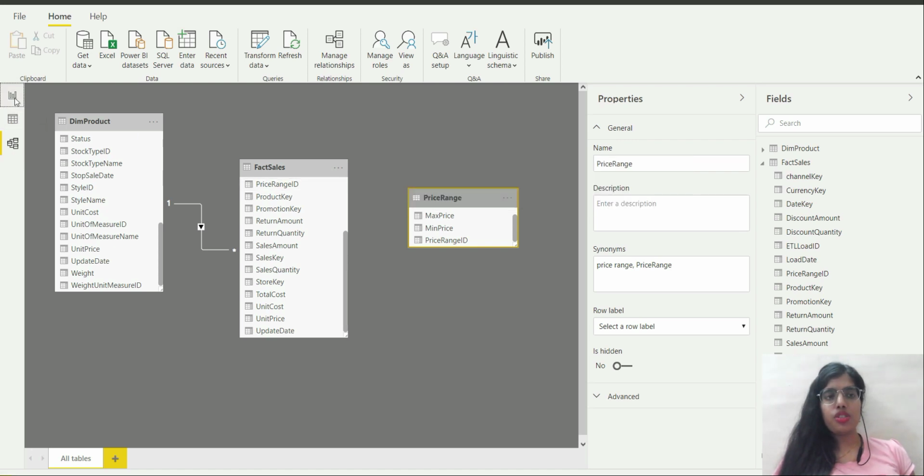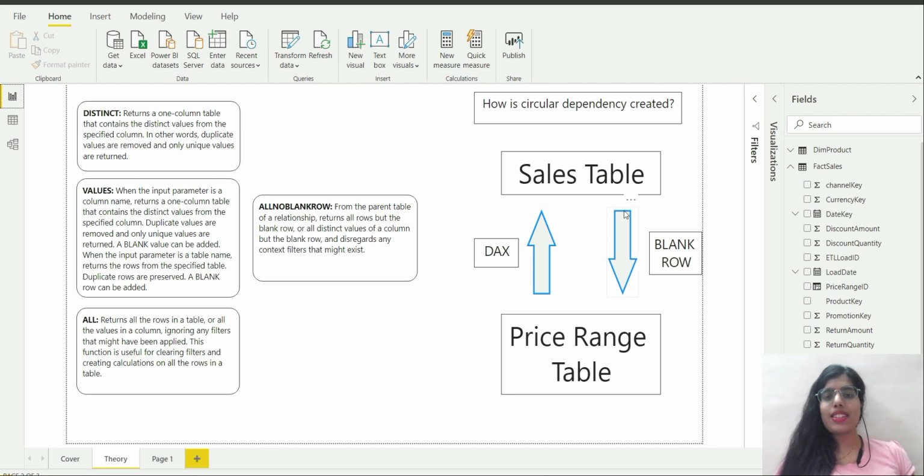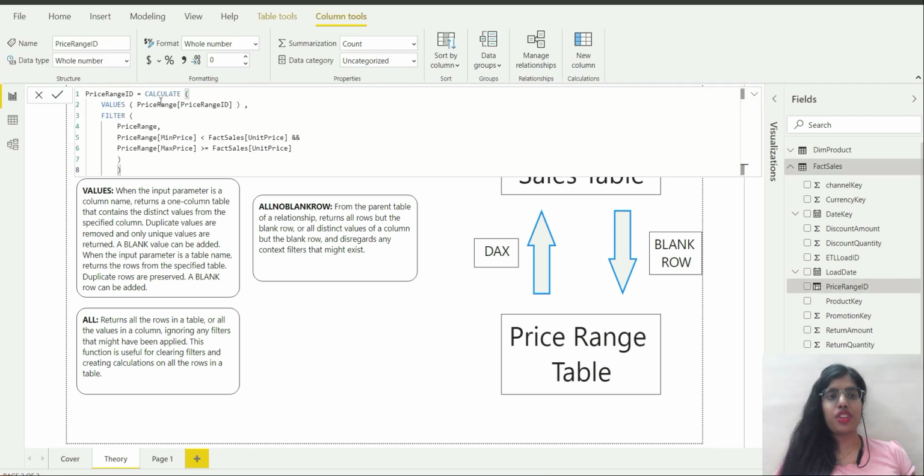So I'll go to report view, and I can see that in DAX I have used VALUES over here. This is going to return me all the values in the price range ID column of the price range table. But if something happens in the fact sales table, and in the fact sales table for the price range ID column,